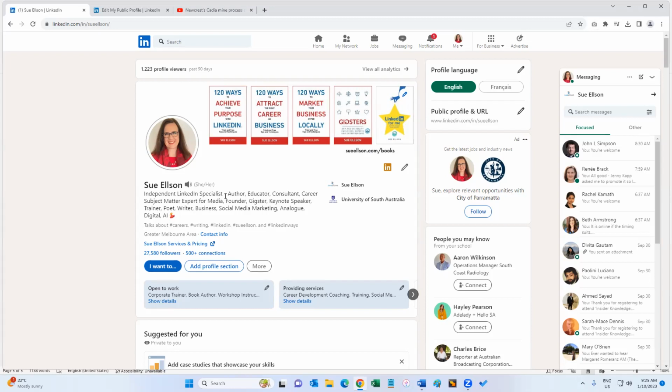Now, your headline. This is one of the most important sections on your LinkedIn profile, and I recommend that you give yourself a label. Now, I'm going to be demonstrating adding in a role for a project coordinator. So if this was me being a project coordinator, I would say something like consultative project coordinator. Consultative is not normally a word you'd see with project coordinator, but it makes me memorable, and it makes people, when they see that in the news feed or when they look at my LinkedIn profile,